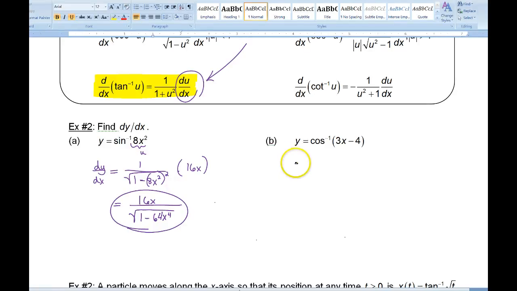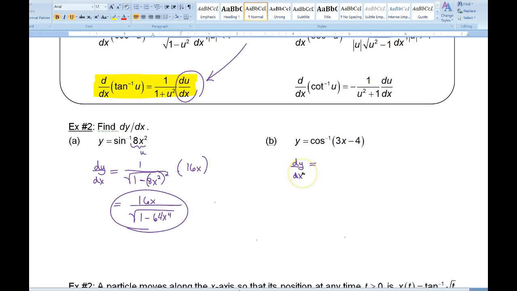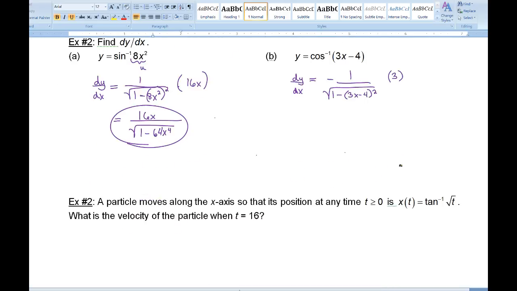Even though I'm not going to test you on the cosine, just know that it's the opposite of the sine. It's just a negative sign out in front. It looks exactly the same, there's just a negative here. So what do we have? It's going to be negative 1 over the square root of 1 minus (3x minus 4) squared, times what's the derivative of the inside? 3. Now we can just multiply that out, so we get negative 3 over,